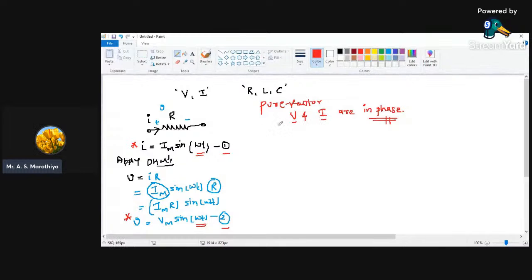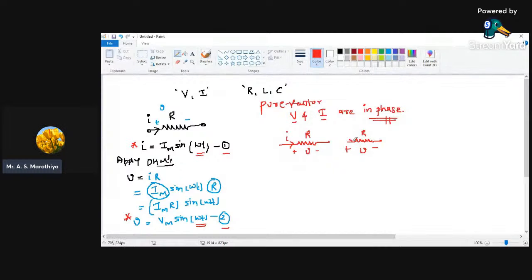कहने का मतलब ऐसा है कि अगर आपके पास में एक रेजिस्टर है और उस रेजिस्टर के अक्रॉस में से आप कुछ फाइनाइट वैल्यू ऑफ करंट पास कर रहे हो, तो the moment you pass that current, at the same instant we are going to experience a voltage without any delay. जिस पर्टिकुलर टाइम पे आपने करंट पास किया, उसी पर्टिकुलर टाइम पे उस रेजिस्टर के अक्रॉस में आपको वोल्टेज दिखने लग जाएगा. In the same way, suppose you have a resistor and the moment you apply voltage across that